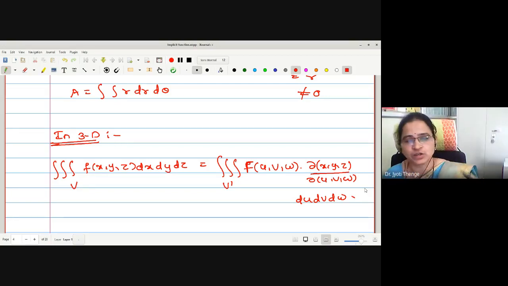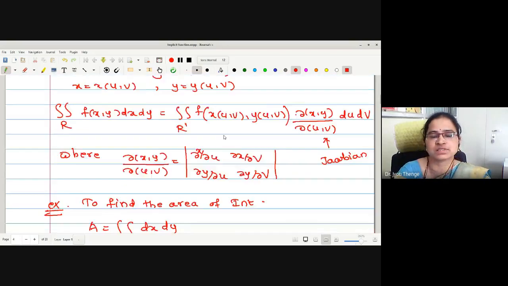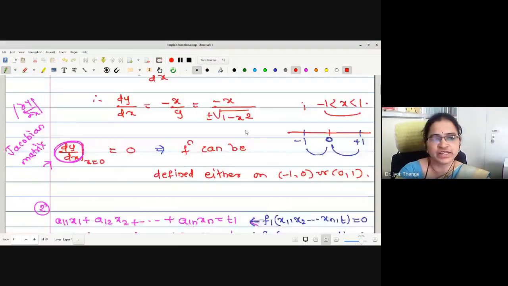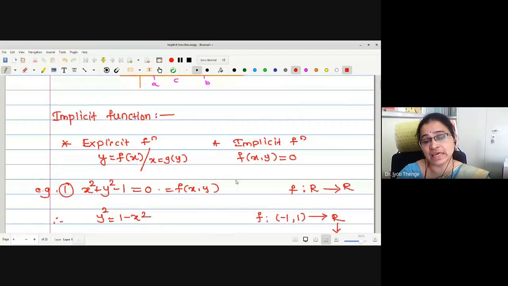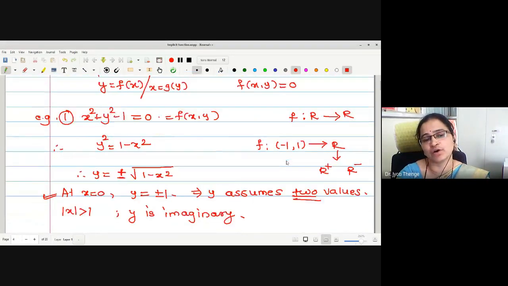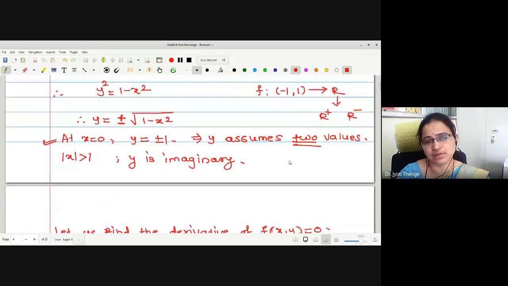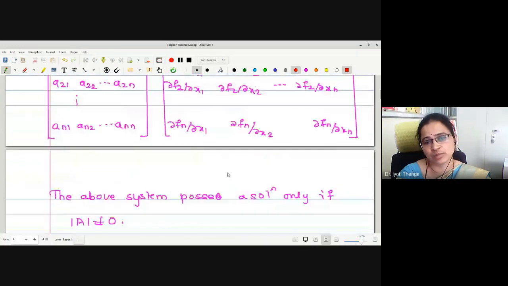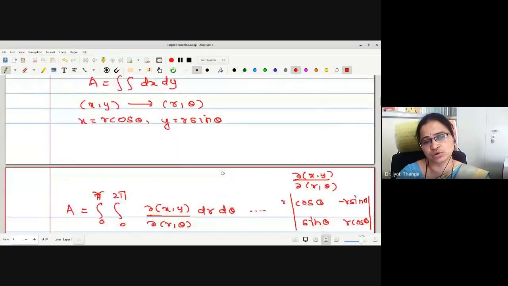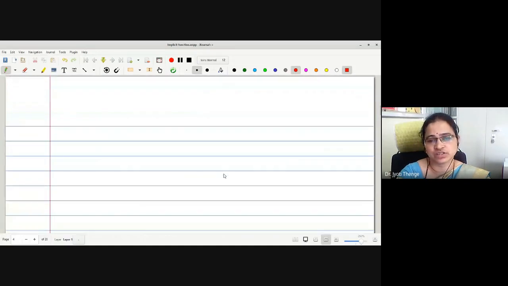Okay. If I understood, the problem we are going to discuss in this topic is changing an implicit function to an explicit form in case of multivariable. In case of one variable, we have observed that the value totally depends upon the Jacobian. If the Jacobian is non-zero, then only we are going to get this change. Okay, so let me start. Let me write the introduction of the topic.